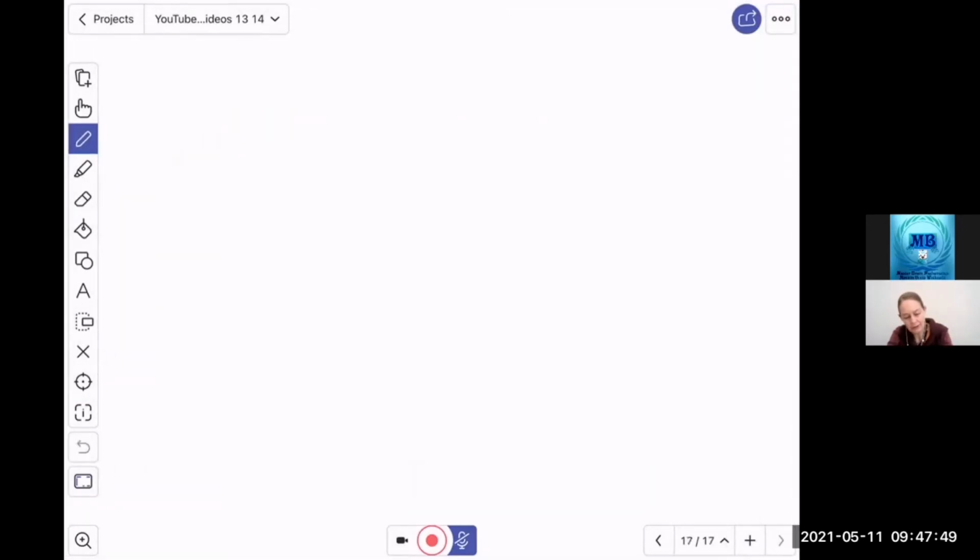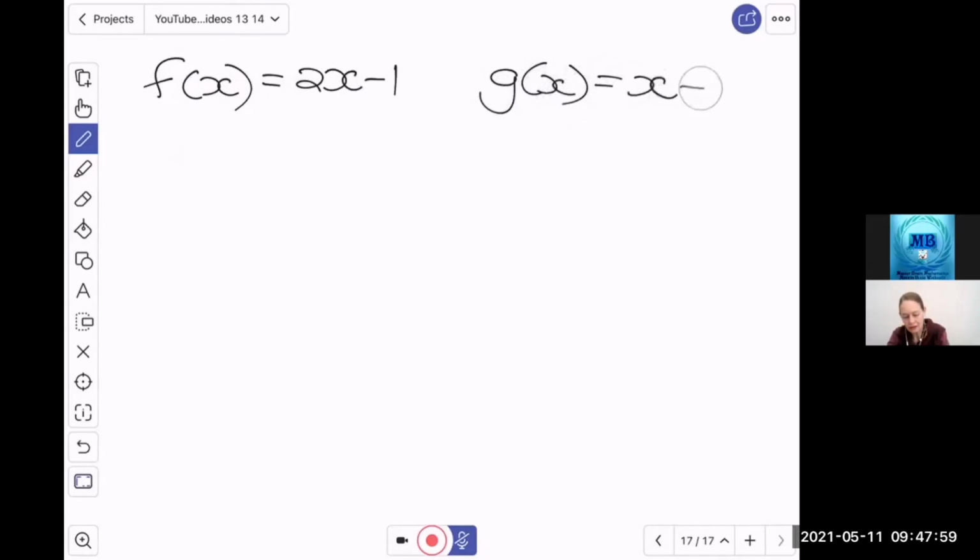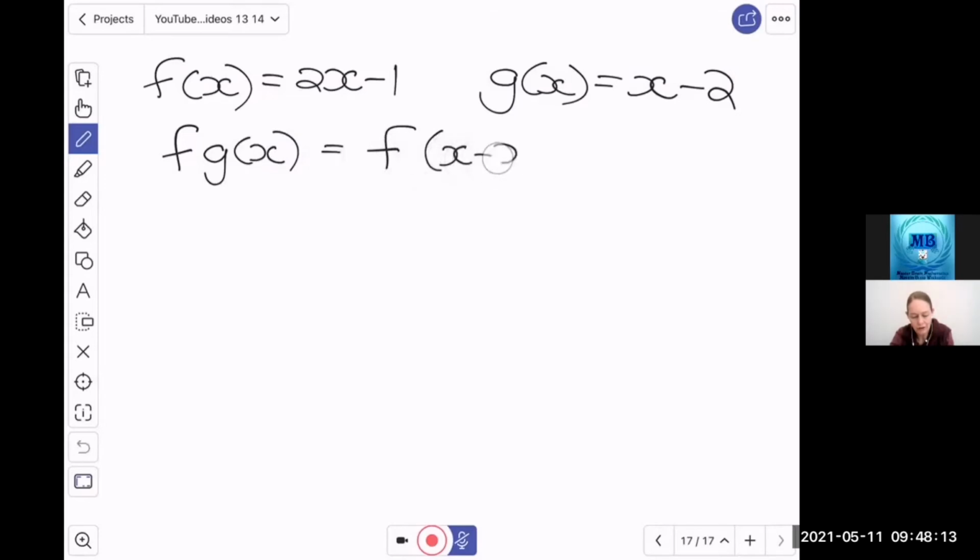Say, for example, they give us that f(x) is equal to 2x minus 1 and g(x) is equal to x minus 2. The question is to determine the composite function of these two. That means we want to determine f of g(x), which means f of, and g(x) is x minus 2 in this case. That literally means substituting the whole expression of x minus 2 into the x term in the f(x) function. So that means that we will have